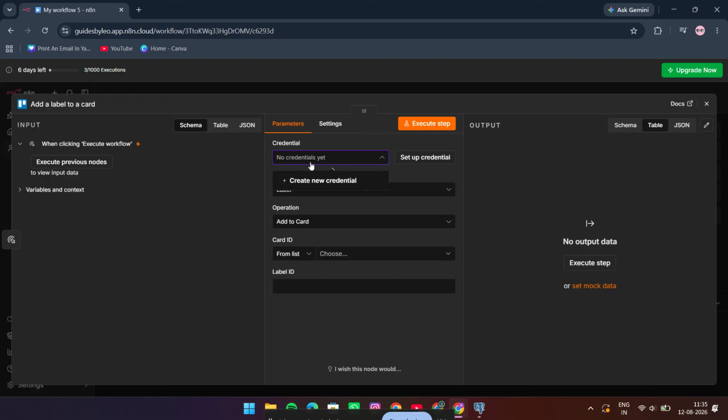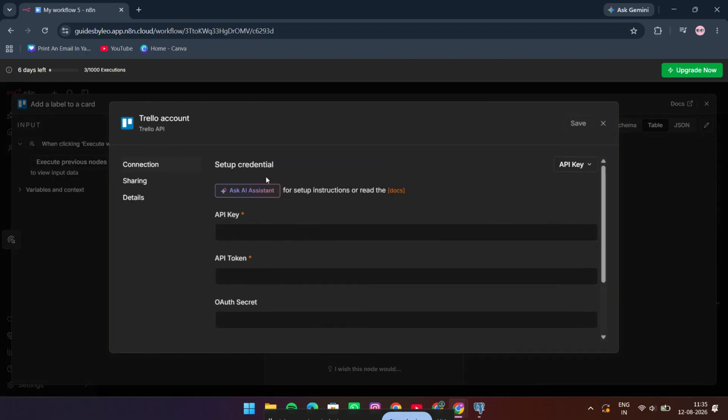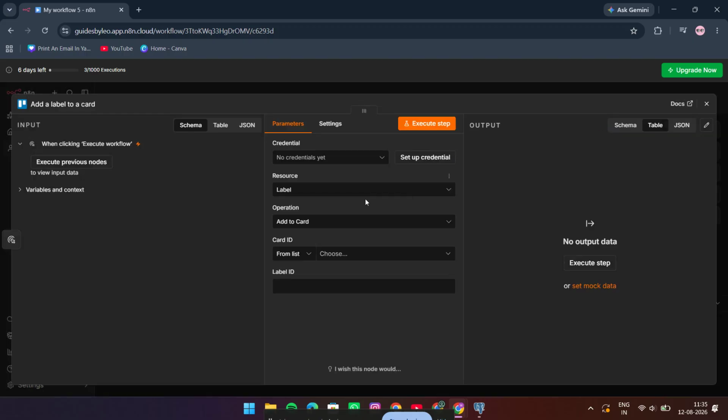This tells N8N which Trello account it should connect to, so make sure you select the correct one for the board and workspace you're using. Once your credential is connected, configure what to add. That means setting the label details and making sure the card information is mapped correctly so the action applies to the right Trello card. Double check your settings, then save the node and run the workflow to confirm everything works